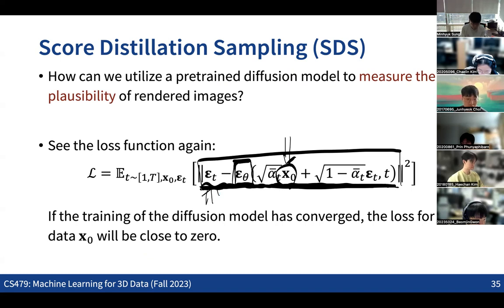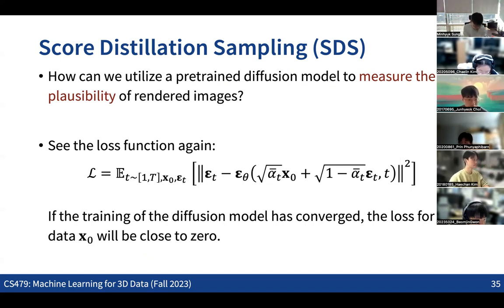This difference should be close to 0. So we are directly using the loss function of the diffusion models as the objective function in measuring the realism of the rendered images.